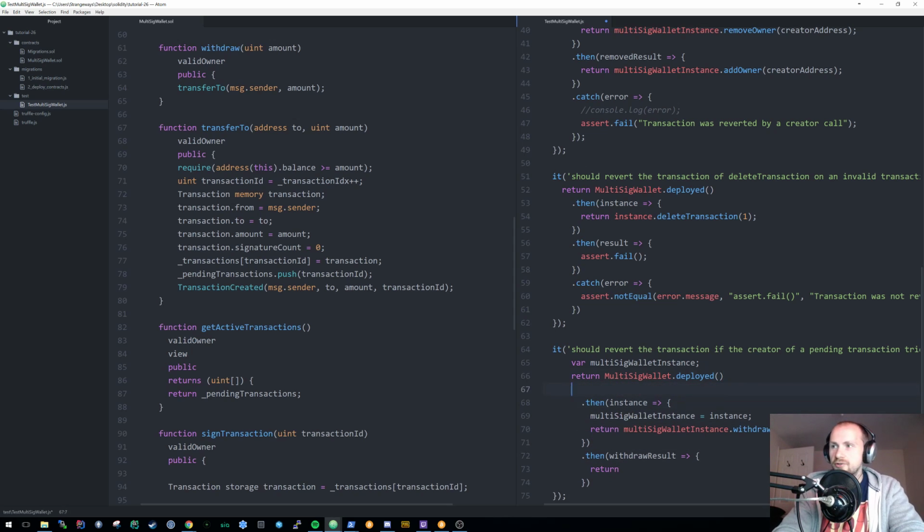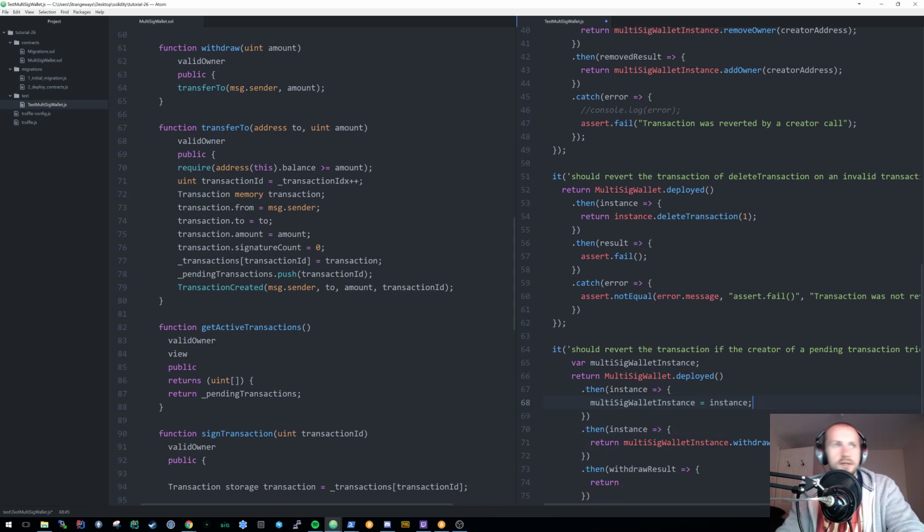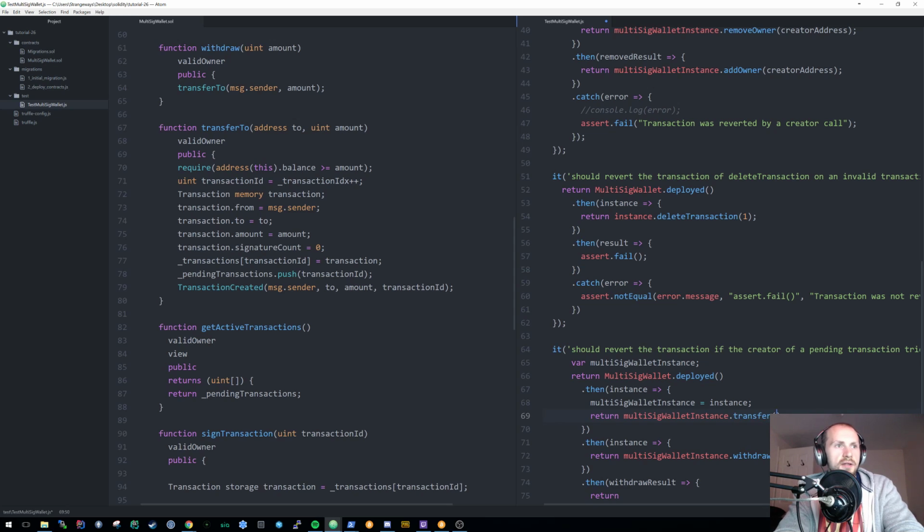Okay, so to actually transfer, if you wanted to transfer, for instance, wei to a contract, we simply state this. We actually need to move the instance down one, because the first thing we're going to do is add some wei to this contract. So let's move that up here. The first thing we need to do is return. Let's just make sure 100% that this is correct. So hopefully return multi-sig instance dot transfer, and then if I am correct,